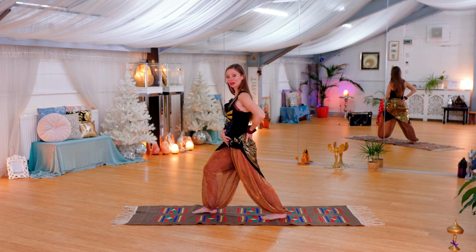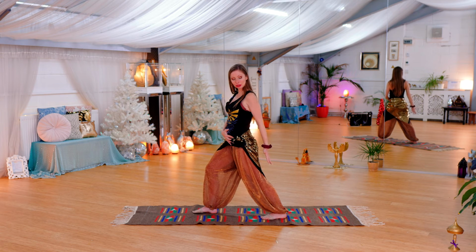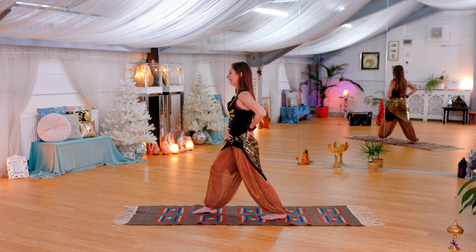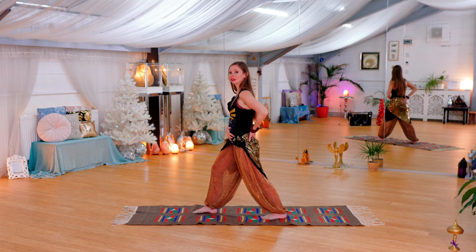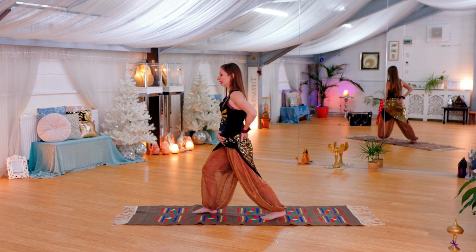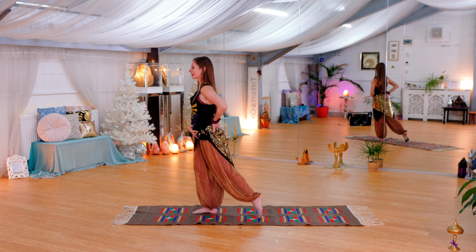Now, the main focus of the stretch here is right the way through the back of your leg, through the hamstring, through your calves. On that side there, hips in neutral is going to make that even more effective. Gently deep breath in. As you breathe out, we're going to lift through the heel, step it up to meet